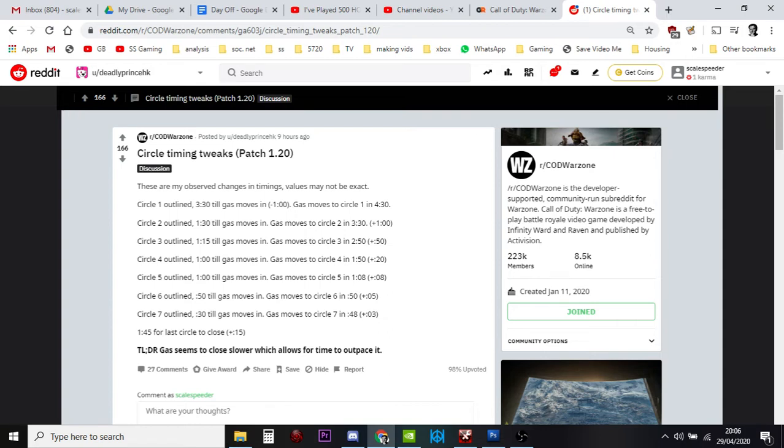So the gas meets circle 2, circle 3 appears, and you're going to have a minute 15 seconds until the gas moves. And then as the gas starts to move to circle 3, it's going to take 2 minutes 50 seconds, which is 50 seconds longer. It's almost a minute longer again than it used to be. So loads of extra time. When the gas meets circle 3, circle 4 appears, and you can have a minute until the gas starts to move. And then it's going to take a minute and 50 seconds for the gas to move in,